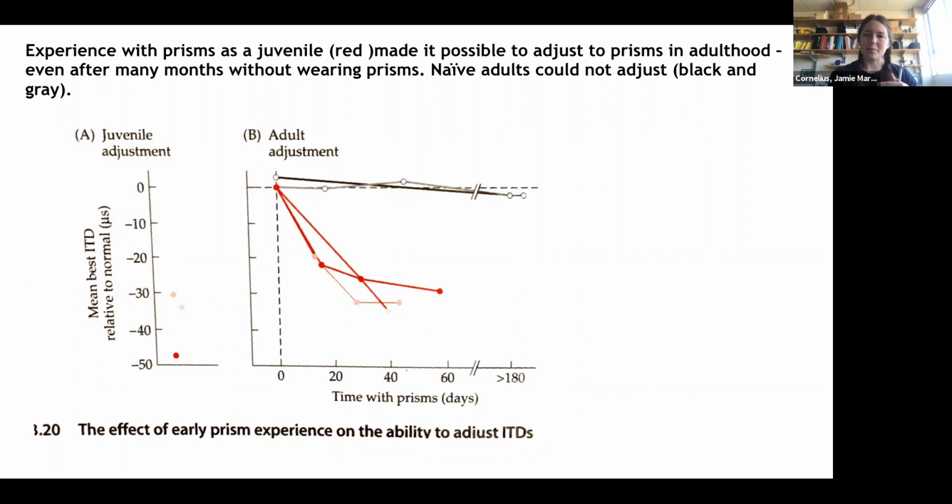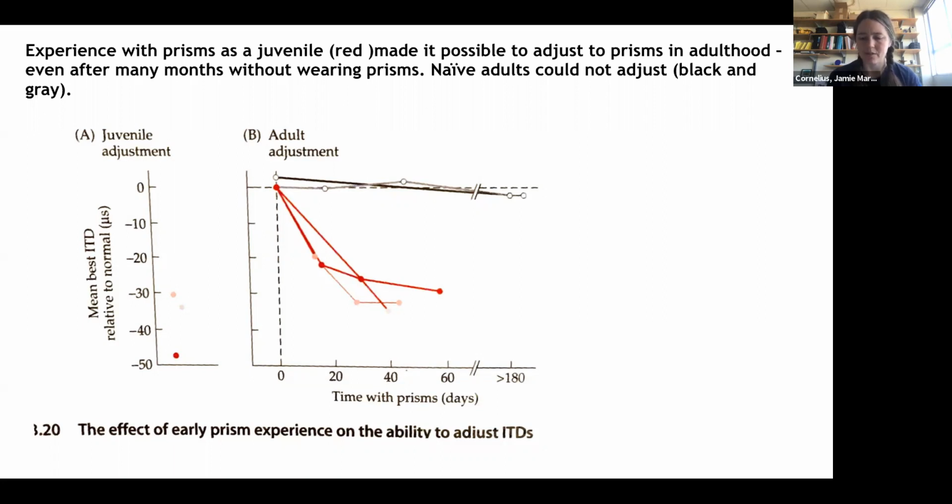If you take those prism goggles off, it shifts back to normal. So they again map a 0 ITD with a 0 visual field. What's cool is that even if you leave them normal for a year, if you put prisms back on them as adults, they can shift back to the prism-adjusted values. Those are the red lines in B. So they're able, after about 20 to 60 days, to shift back to essentially where they were as juveniles when